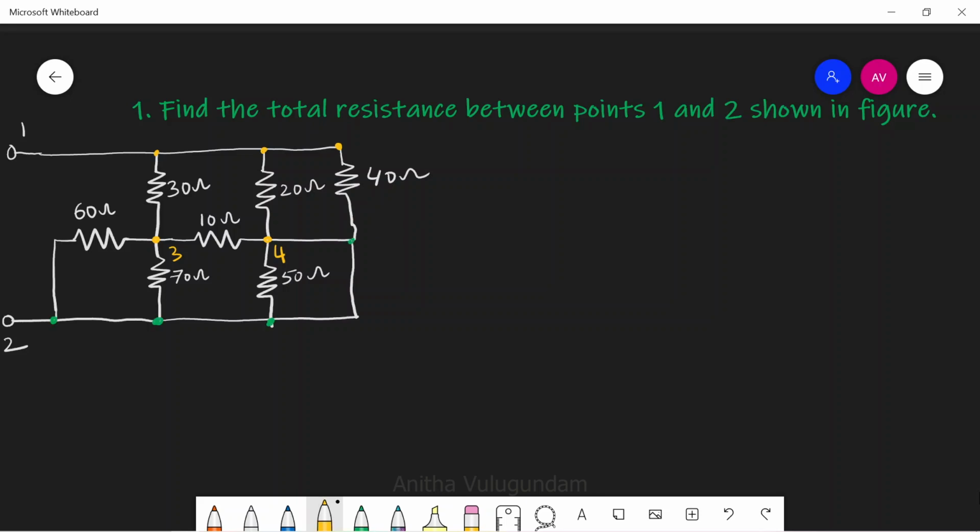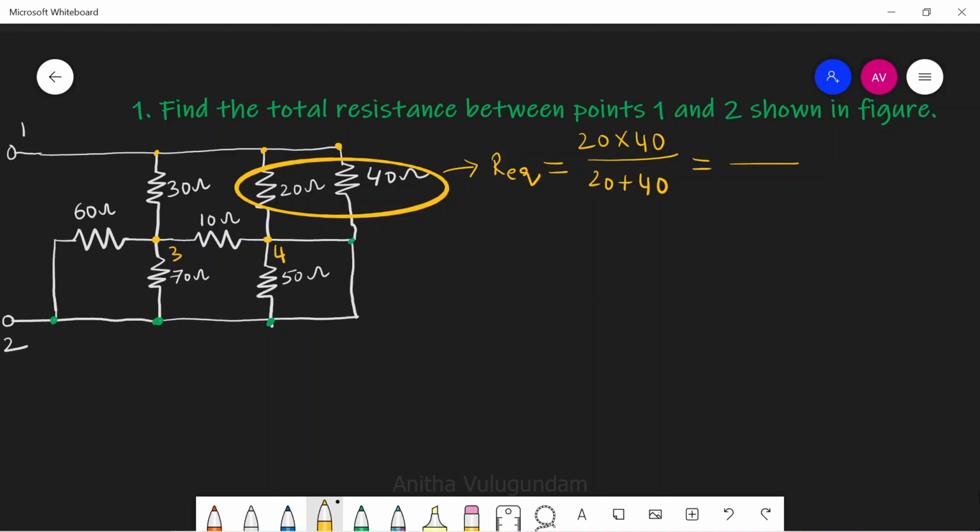From the figure, notice that 20 ohm and 40 ohm resistances are in parallel. We can write the equivalent resistance for these two resistors as 20 into 40 by 20 plus 40, equal to 800 divided by 60, that is 13.33 ohm. Next,